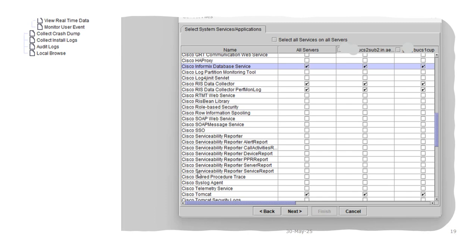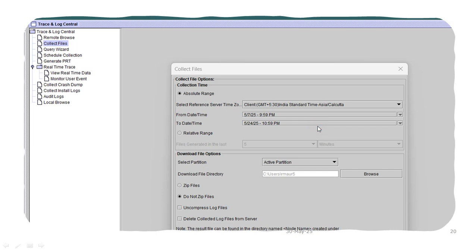And these are the more services which are available, like RIS services, SSO service. If there's a database service, you can click over here. Tomcat service logs, you can click over here. In the same way, you need to identify and check all servers or any specific servers. Now the next step, once you perform all this, is